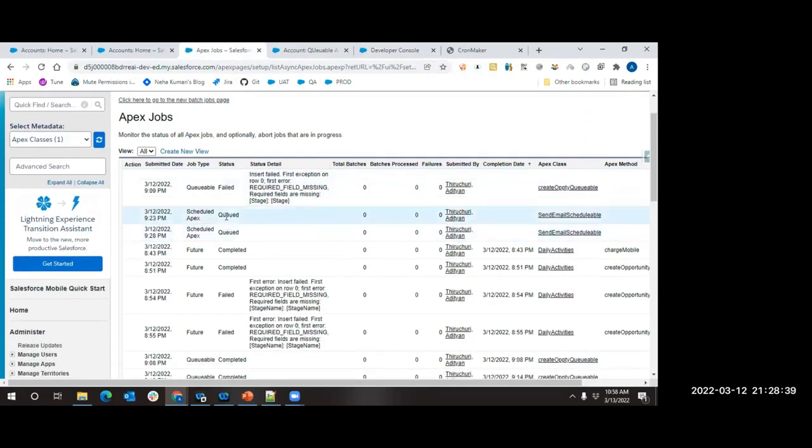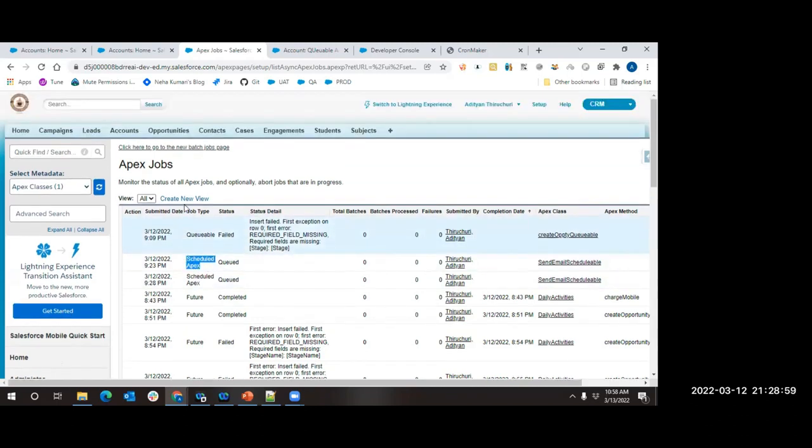Yes, you can see there are two entries for scheduled apex. Now you can see there are two entries, but will it help me to understand when will this actually happen? Means no, it cannot really provide you that information. That is one drawback over here. But if you schedule something at the UI level, then it can show you all the information, when is it done or how it is done. But whereas when you look here, it will not really provide you enough information.